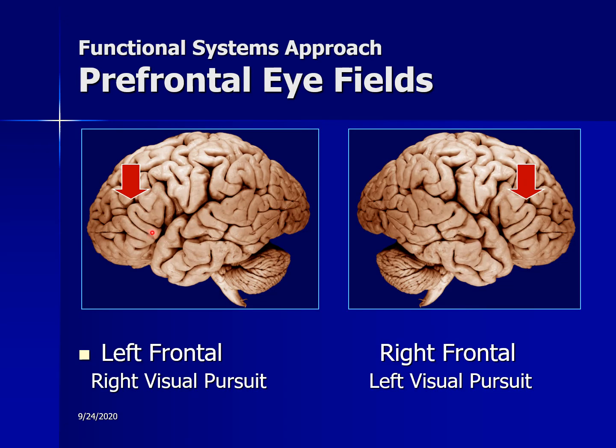Now let's go to the prefrontal. I think most people call them the frontal eye fields, okay, but it's prefrontal brain cortex. This area, when activated, will move your eyes to the right. And in the right brain, the frontal eye fields will move your eyes to the left. But this right frontal eye field keeps you from being distractible and having a saccade to the ipsilateral side. So it moves your eyes to the left, but it keeps you from looking at irrelevant information to the right. And this one moves your eyes to the right, but it keeps you from being distractible to the left.